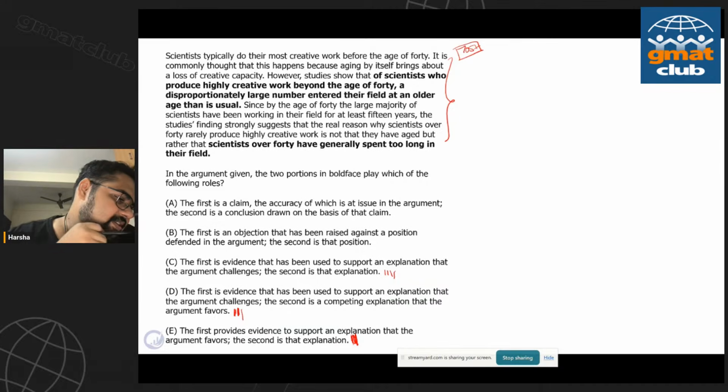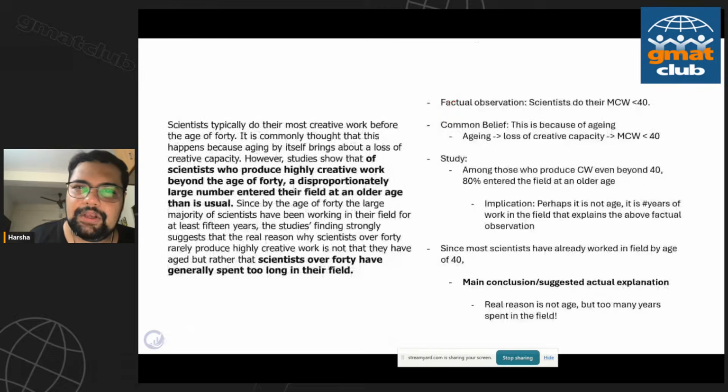And I believe that's kind of where the complexity that you're seeing comes in. That's my point. Don't just treat boldface as a structure-oriented question type, but there has to be a layer of logic before you look at structure. So have you really understood the logic here? That's what I really want to understand. And perhaps I'm wrong, but as we discuss the logic, you guys let me know if you had the clarity. You had very good clarity on what the argument is really telling you, right? So let's discuss what's happening. And again, let's just focus on understanding what the argument is telling us, free from everything else.